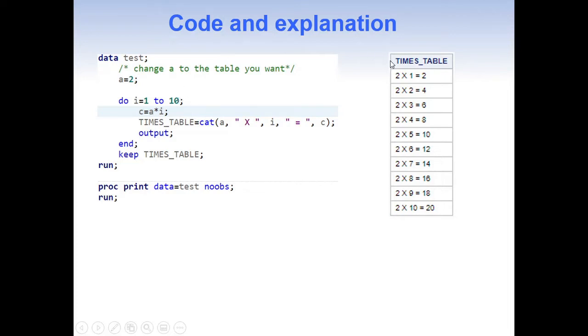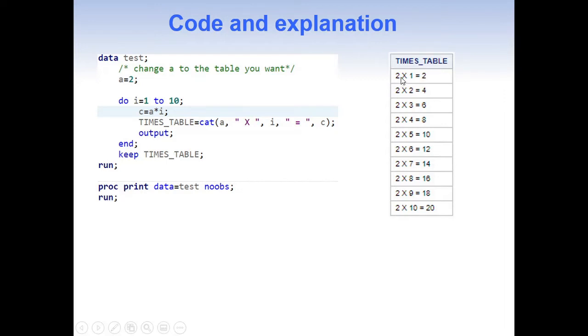If you look closely, a times table consists of only very few things. It has our initial times table number, that is 2, and then we also have numbers from 1 to 10 which we are going to multiply with 2, and the result which we get on the right side.